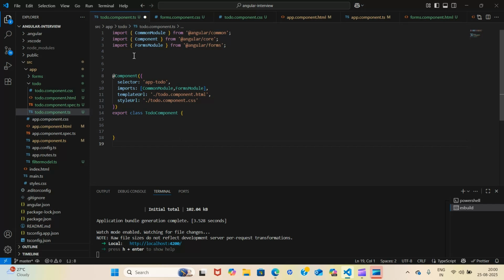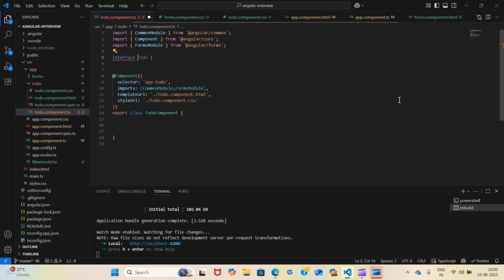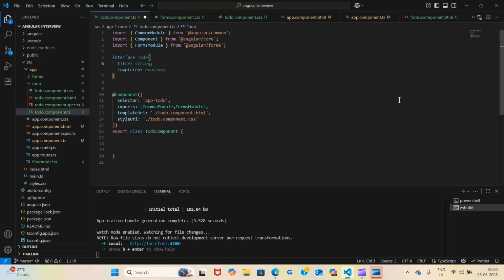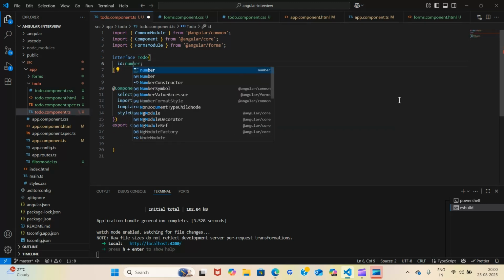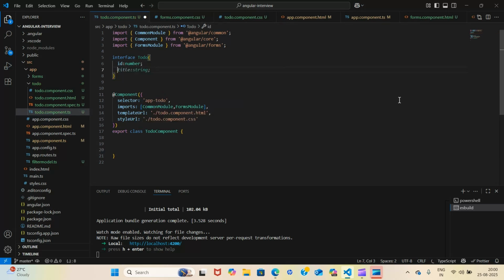For that, first of all, make an interface. I told you in my previous video. So let's create an interface to define the types. Todo is my interface. Now it should have an ID, which should be number type. We can also take string if we want.